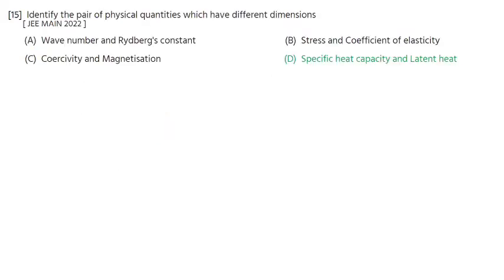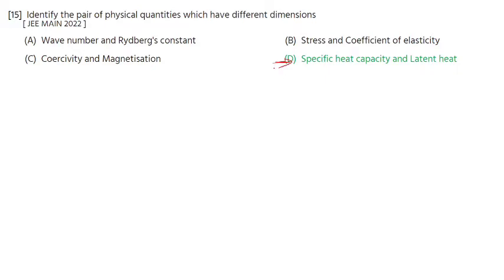Okay, now see the next question. Identify the pair of physical quantities which have different dimensions. So here, if you observe carefully, specific heat and latent heat are the physical quantities that are having different dimensions. Remaining all the physical quantities will be having the same dimensions. But coming to this option D, specific heat capacity and latent heat,